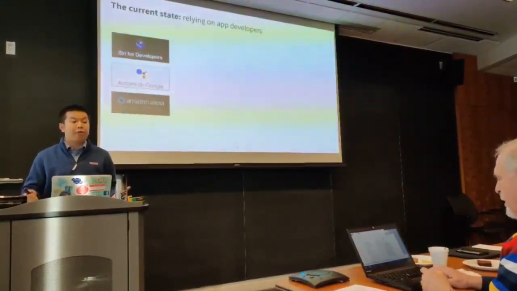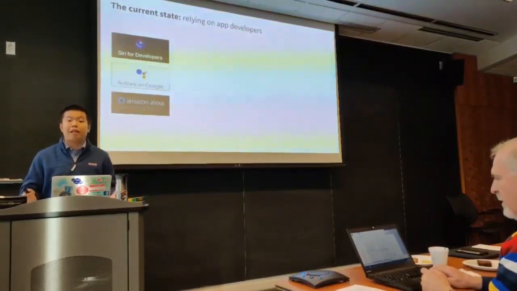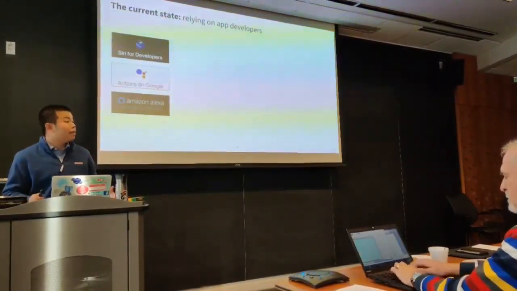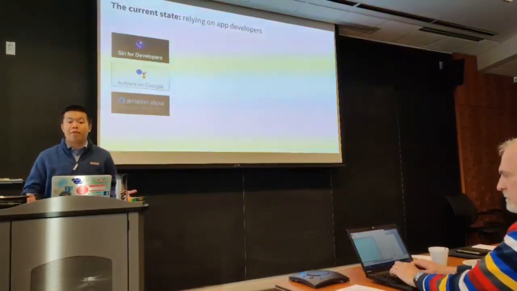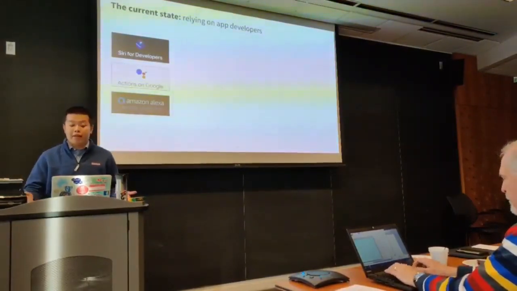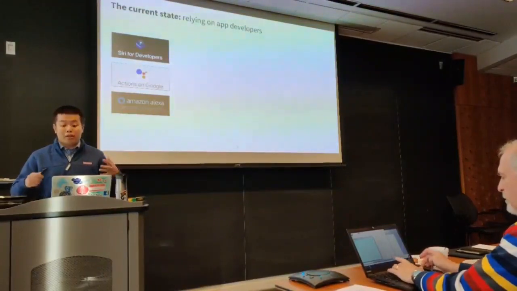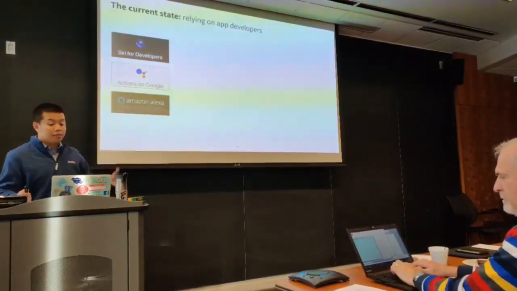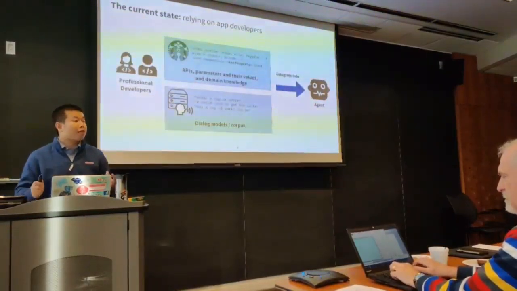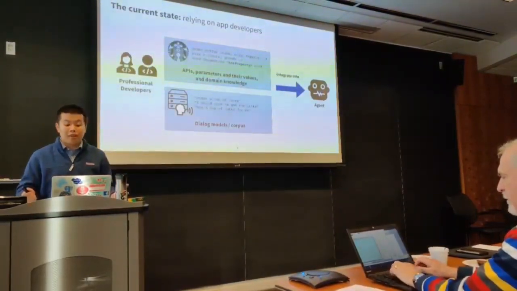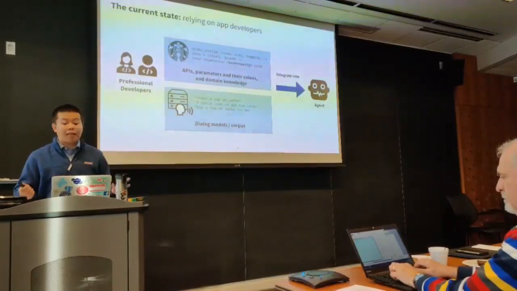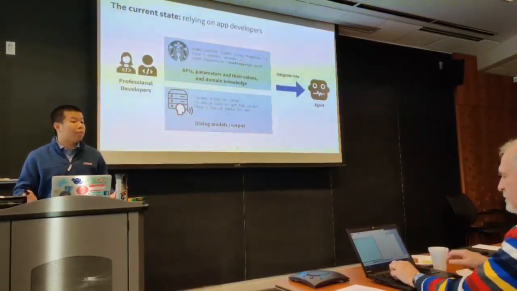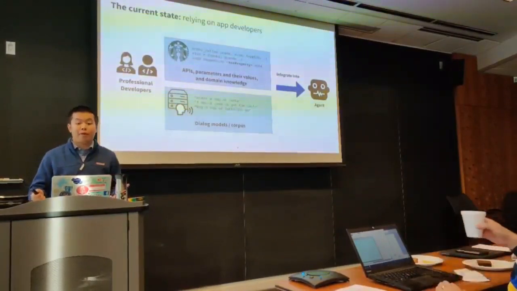The current approach to expand the supported tasks and task domains relies on app developers. Companies such as Apple, Google, and Amazon all have development kits that allow developers of third-party apps to integrate their apps into the intelligent agents. The developers have to provide two things. First, they have to provide access to the internal APIs to their services and specify the possible parameters, parameter values,